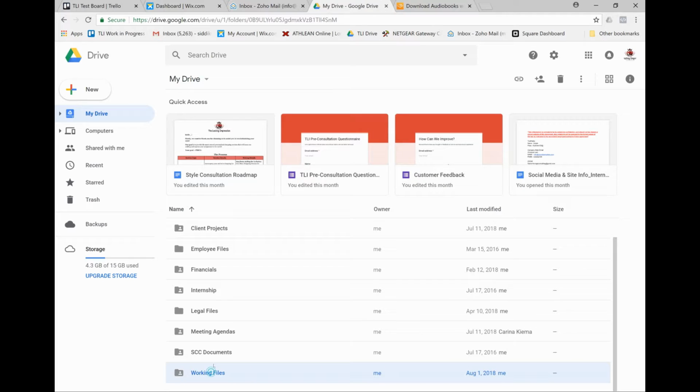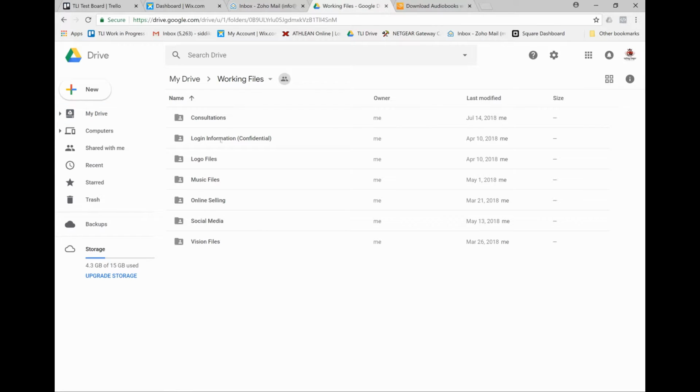And then we have a file for working files, and we have different services and different things that we have in flight, which I share with the team. So it's very simple, very easy to use. It maintains a great audit trail. You can collaborate on projects together at the same time. You can also see changes that are made, and I love how it changes instantly, and it works seamlessly with